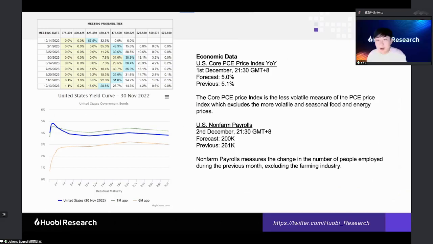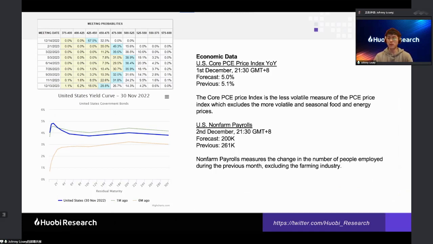We have to be careful here too, because the forecast is 5% and the previous is 5.1. If the data comes out exactly as forecast, the market might take it as a bullish signal, and if it comes lower than 5.0%, which means the demand side of the inflation problem has been a little bit alleviated, that is also bullish. So if the data comes out at 5.1 or exceeds the forecast, I suppose that would be a bearish one, right? Ben, am I right?